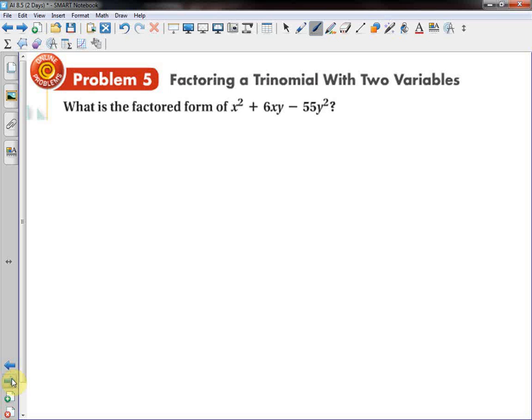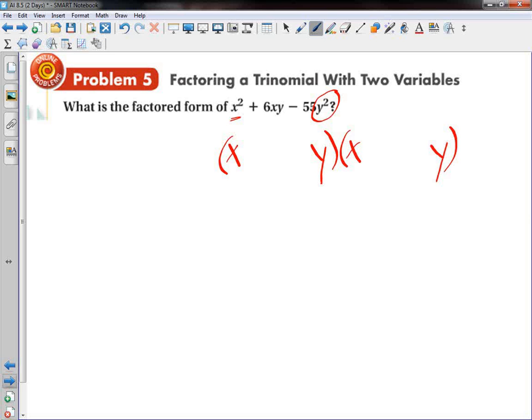Okay, here's a trinomial that has 2 variables in it. It has both x's and y's, which looks a lot more confusing, but really it's not. Now, I think the easiest way to show this one is to show the factored form first, and then we'll get our numbers to be put in later. So there's my factors. I know I'm going to break apart my x's, right? My first x's. That's been something that's been constant this whole time. Now the only difference is now that I have a variable that's squared in the back, that y squared, I'm going to split apart the y's